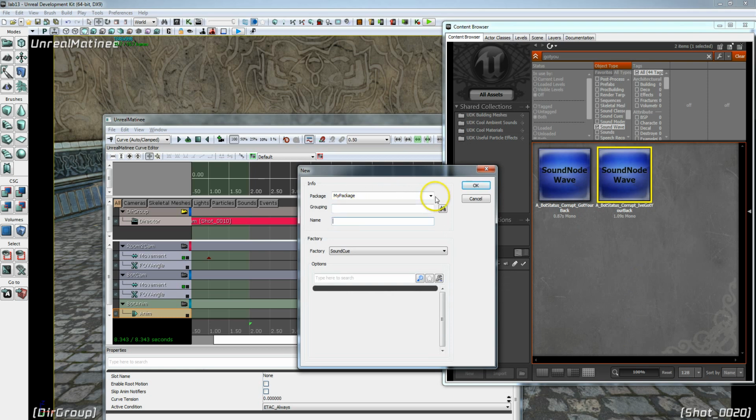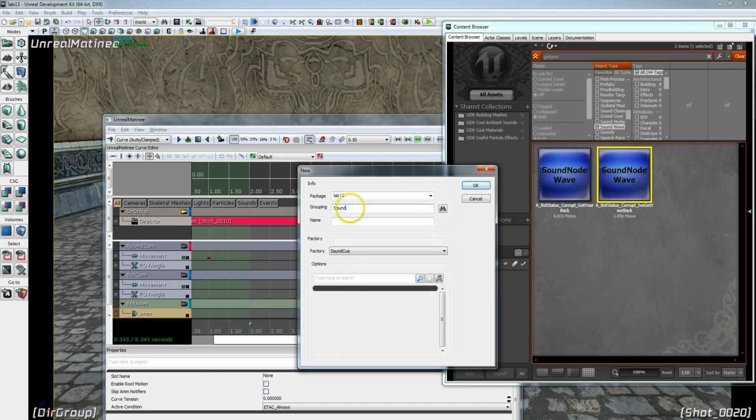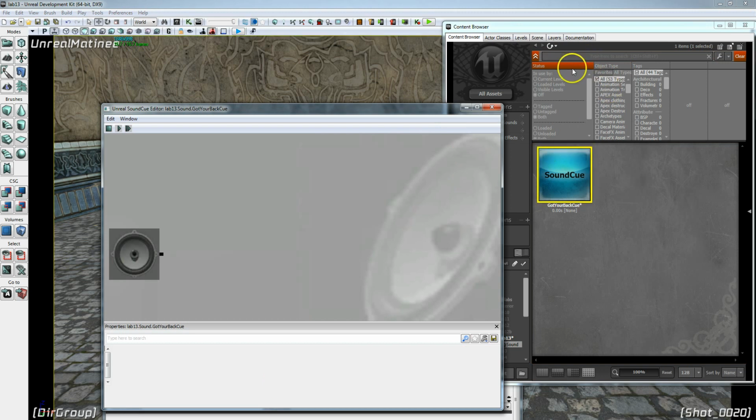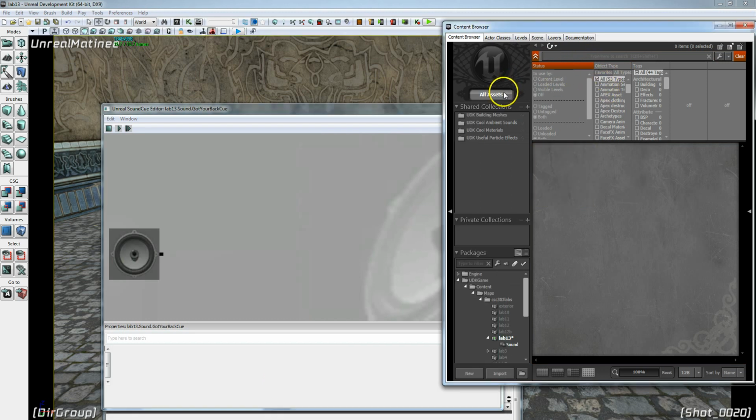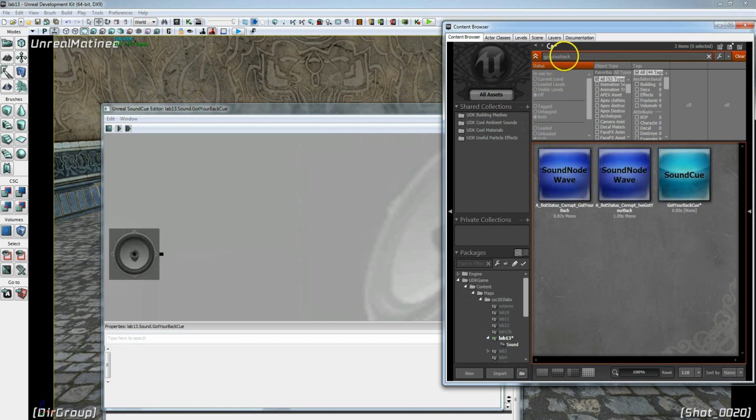And we'll go ahead and save this in our lab 13 package, or whichever package you've been saving your other content into. So, lab 13 right here. Our grouping is sound, and the name will be "got your back cue." Okay, and go ahead and add it, and let's see here, all assets here, and "got your back." Okay, so these are the two "I've got your back" sound waves, and now our "got your back" sound cue,